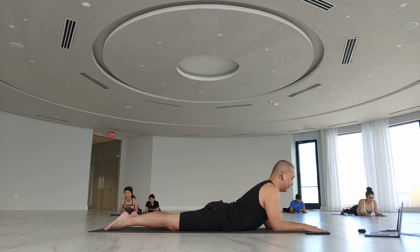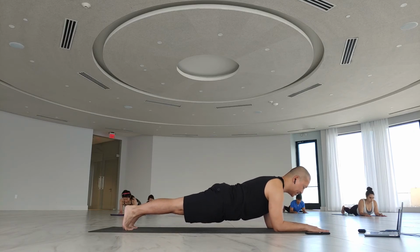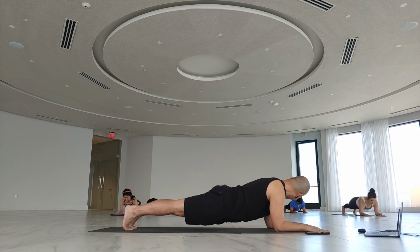All right, let's activate again. Tuck the toes under. Press into your forearms, lift the hips, and this is your forearm plank. Hold it here. All right, you can go up and down if you need, but we're holding here 20,